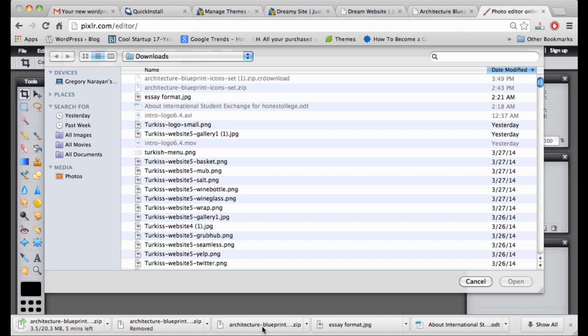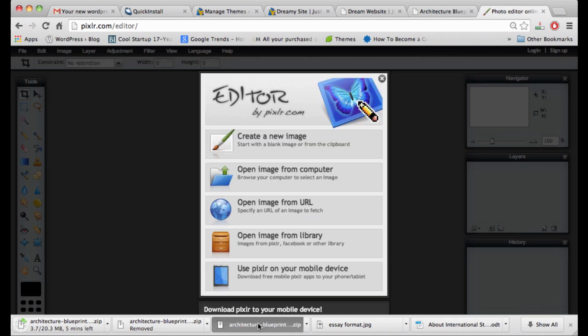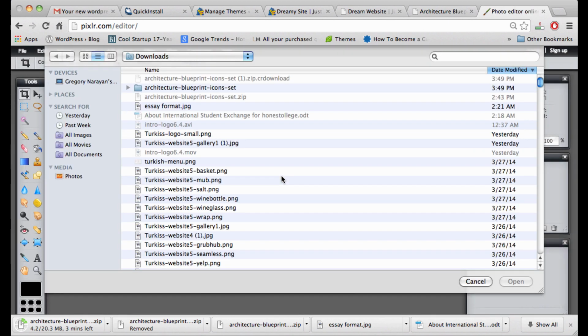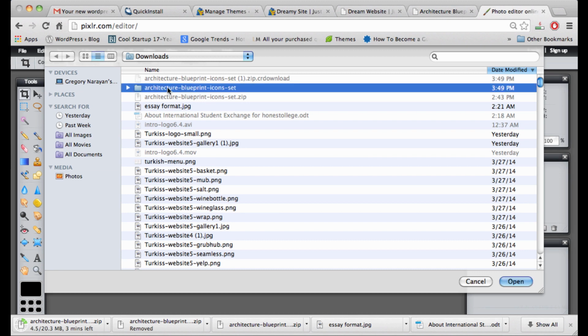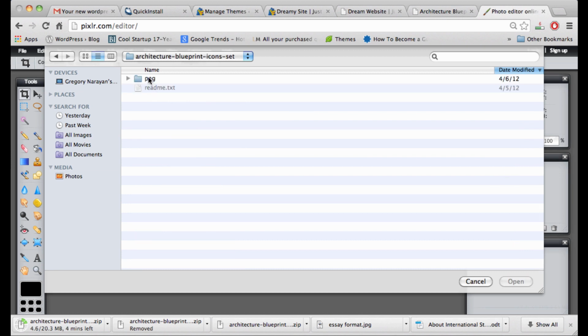And looks like we have to unzip again. Open image from computer, sorry about that, and click on the folder and then PNG, and the ones we want,